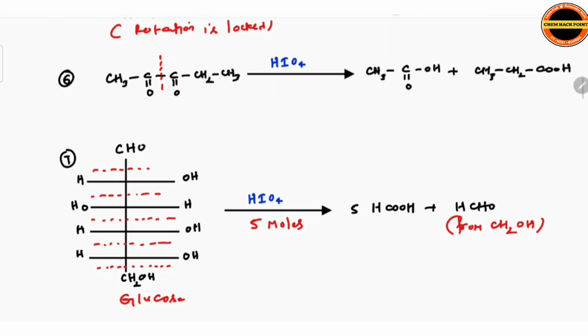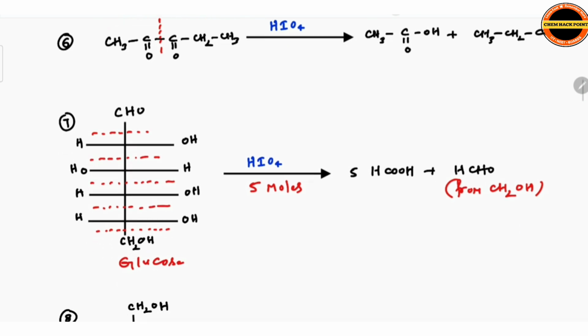Simple trick. If I take the glucose structure, we are going to see it in detail in biomolecules also. Every bond, all these bonds you can break based on the above given requirements. Total 5 moles of HIO4 required. If a question asks how many moles are required to oxidize glucose, remember 5 moles. So here 5 carboxylic acids you will get, but one is HCO, aldehyde. See, all these secondary alcohols, all these alcohols convert into carboxylic acid, but this CH2OH alcohol converts into